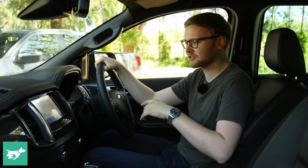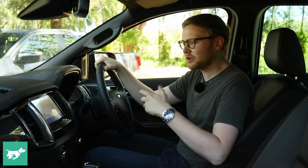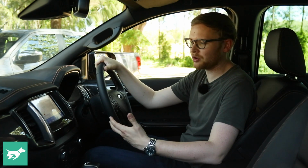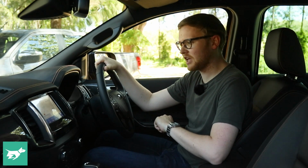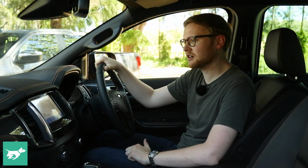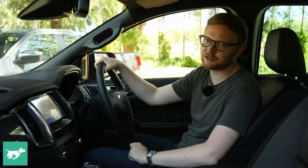There are really big targets on screen, and the graphics just look a bit tidier and a bit better. We have wired Apple CarPlay and Android Auto, so not wireless. Certainly more difficult to use Android Auto or Apple CarPlay without the wireless function that you get in the BT-50. So that is something to keep in mind. But the speakers do sound pretty good here in the Ranger. And you do have Siri Eyes Free, so you can kind of still use some of the functions of your